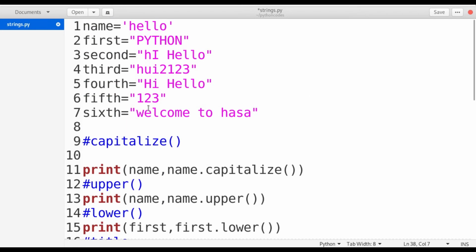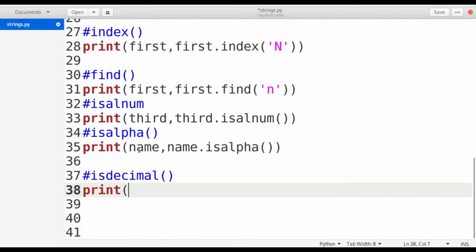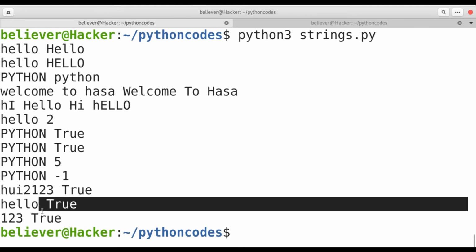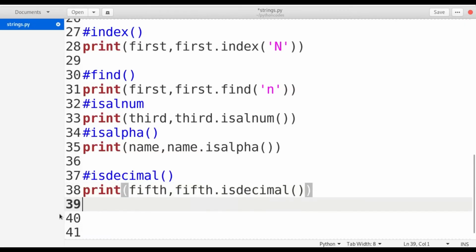My decimal values are assigned to the variable fifth. So I'm using fifth comma fifth dot isdecimal. Now if I run this, it gives true because these are decimal values.